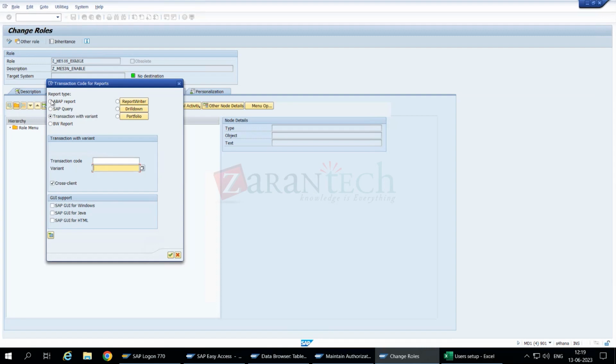Okay. Or BW reports. If you have any traditional BW system where the reports are created directly in BW. Nowadays, everything is created in HANA, so I don't think this will be that useful. But if you have reports that are run directly in the application layer, you can put them here. If you are creating an SAP query, so